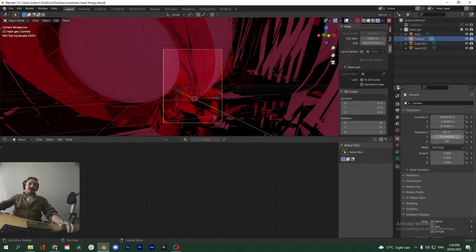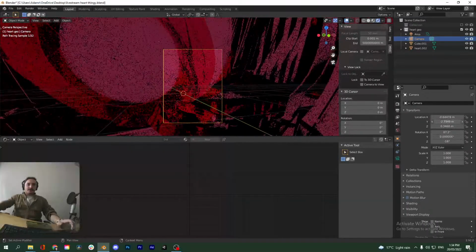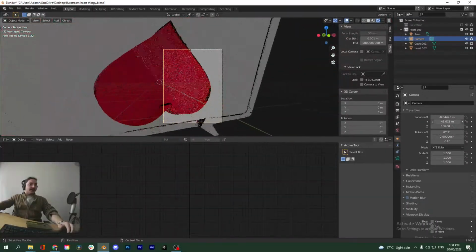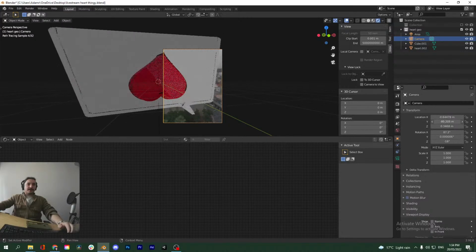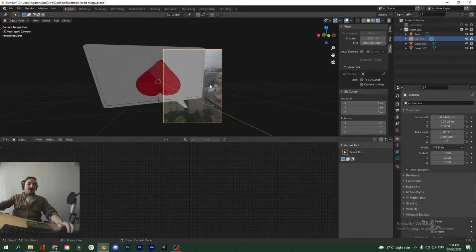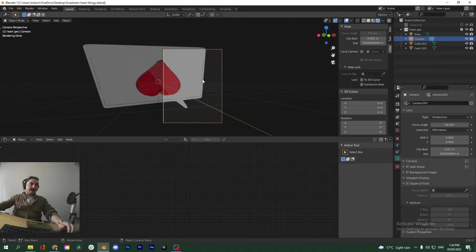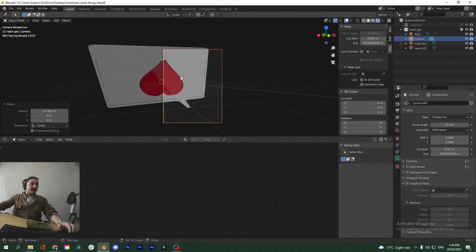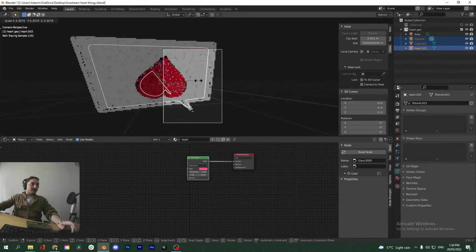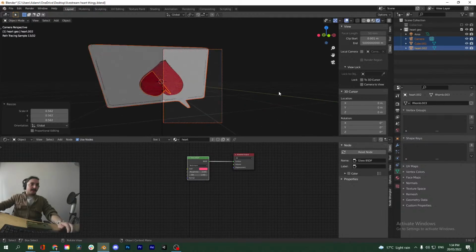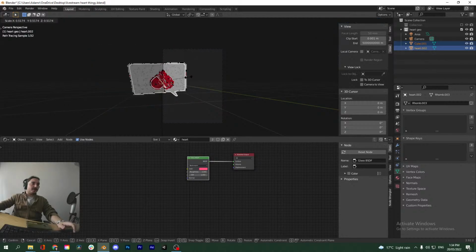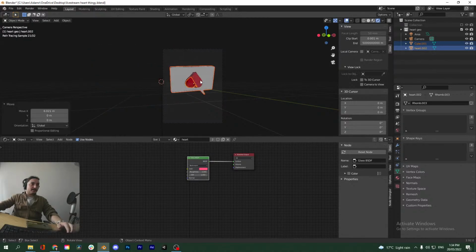So you can just go into the object properties, not rotation, location, just kind of move this back so you can view things nicely. By the way, we still have our background image set, so don't forget to turn that off. Just go into the camera object data properties and uncheck that thing. And yeah, now you can just take this stuff, scale it down. Oh my goodness, what is happening? Oh, I still have the camera selected, so I just want to only select these objects, move it into frame.